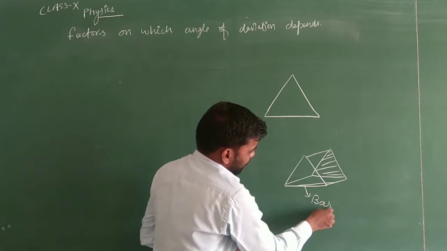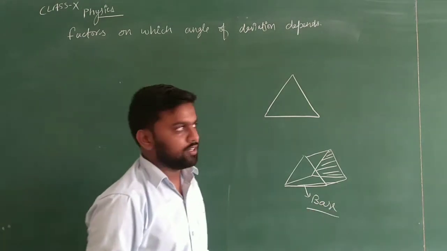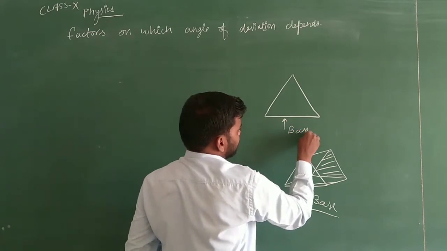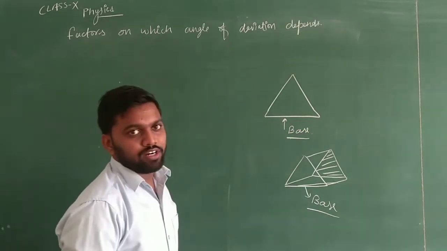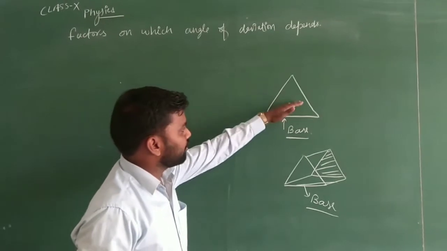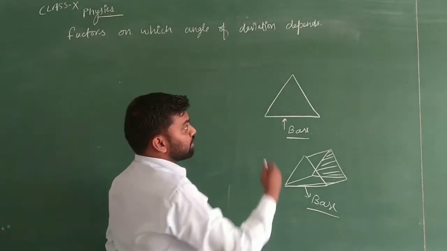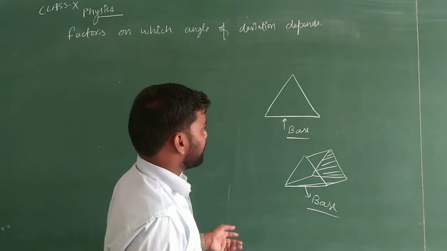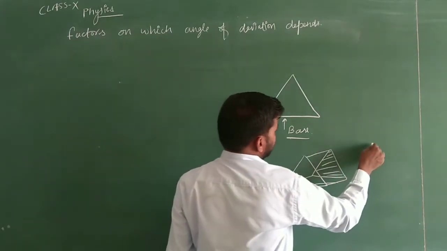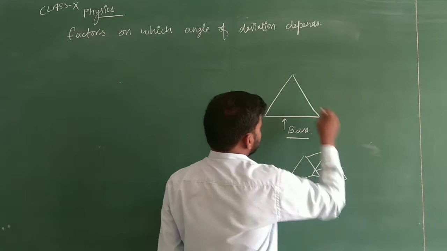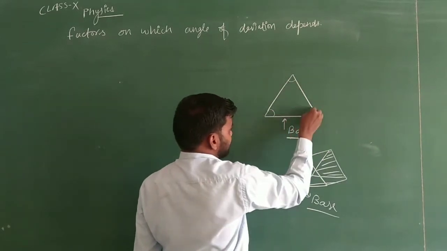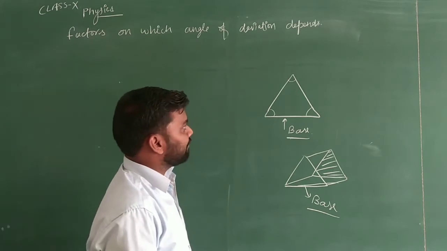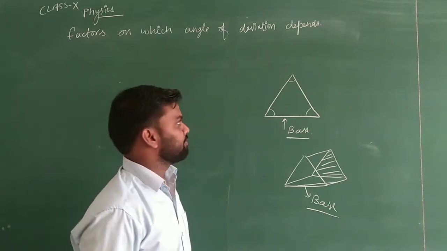Okay students, every light ray will bend towards the base. So the lower portion is the base. Whenever a light ray strikes a regular prism, now the question is, what is a regular prism? Regular prisms are those which have all angles of 60 degrees. It will be 60, 60, and 60. So if it is 60, definitely it will be an equilateral triangle.